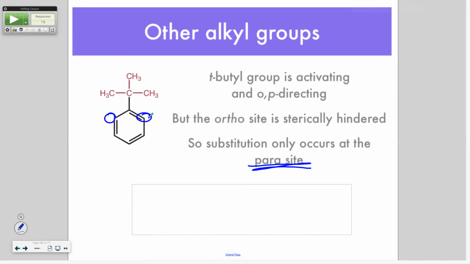Okay, if your product is more reactive than where you're starting, as soon as you make the product, it reacts. So typically we make products that are not more reactive than the starting material, and so we don't have that problem, but with this one y'all did,